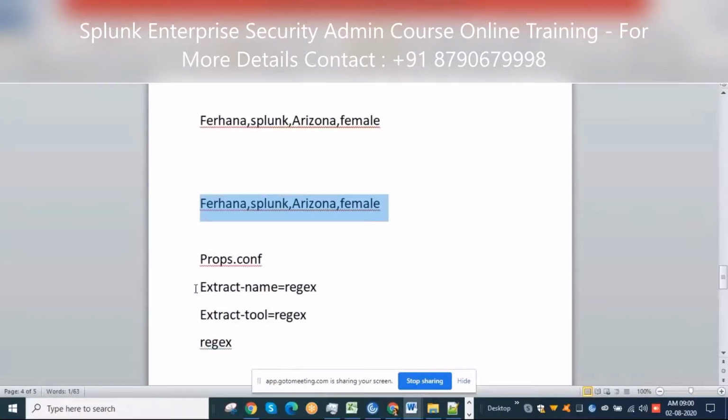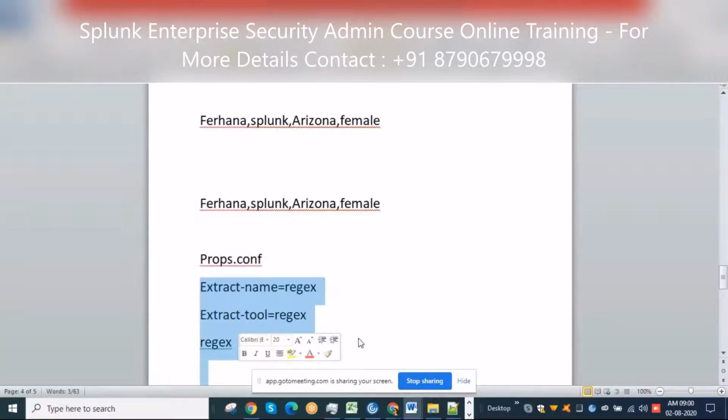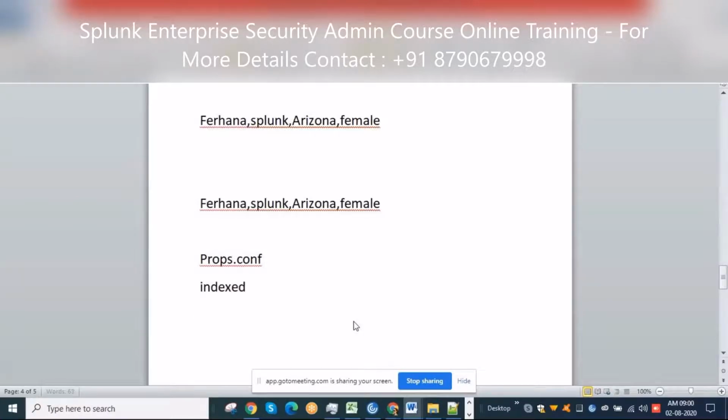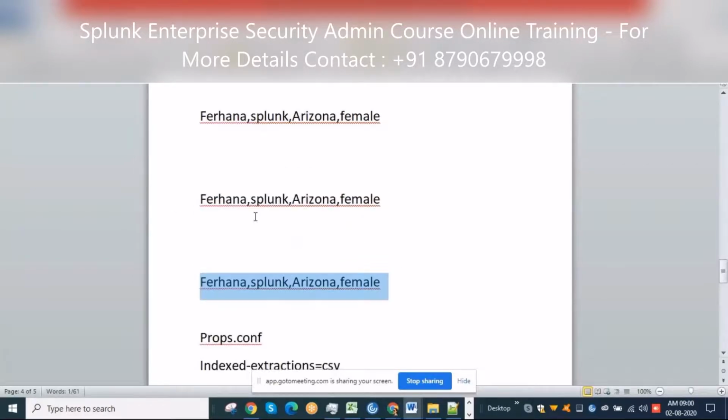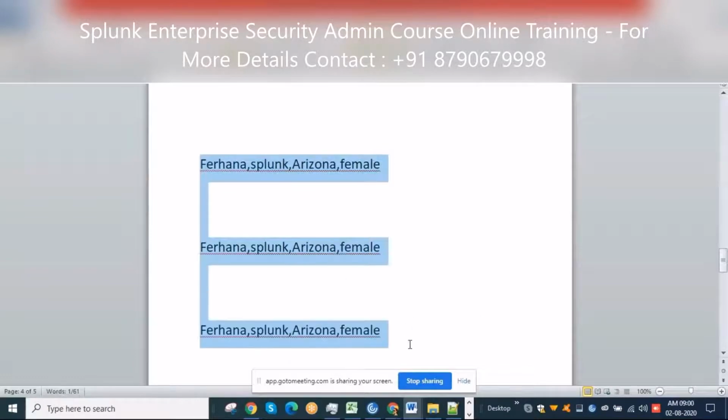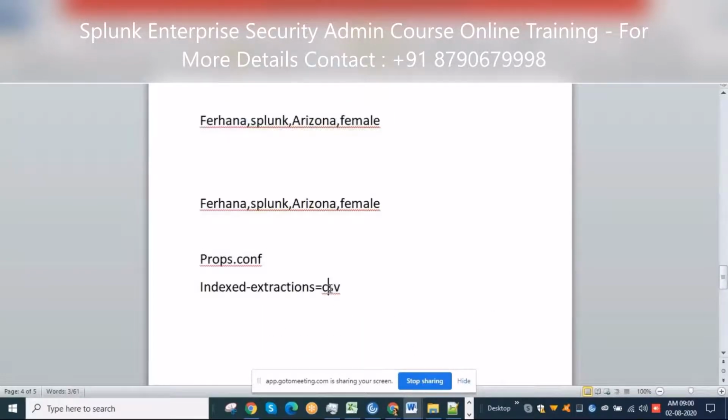Instead of writing all these things, I'll directly write INDEXED_EXTRACTIONS equal to CSV. Now Splunk will extract all the values from this file, because I have specifically mentioned INDEXED_EXTRACTIONS equal to CSV, or we can write JSON or TSV.